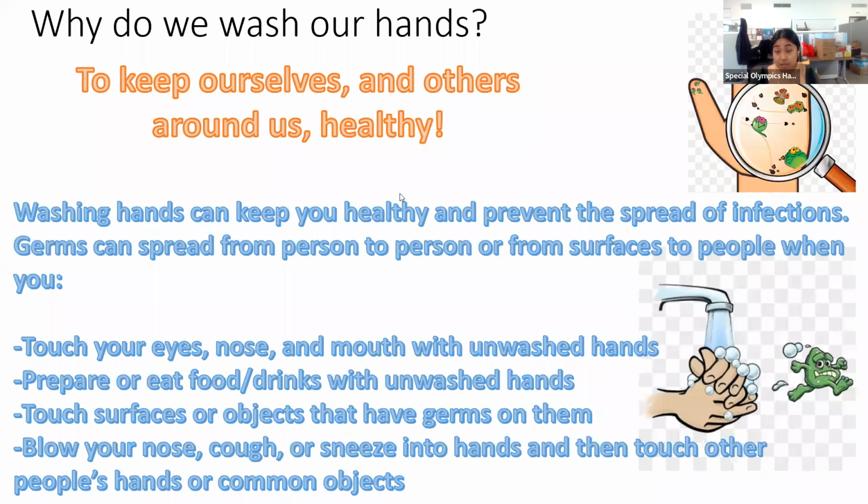Washing our hands can keep us healthy and prevent the spread of infections or germs. And germs can spread from person to person on surfaces, like things that we touch, things that we eat, all kinds of stuff on our hands, right? So we want to make sure that we wash our hands before we touch our face, our nose, our eyes, our mouth,